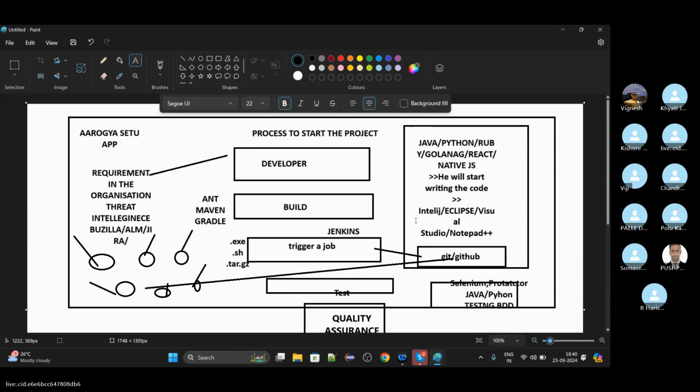Before testing, once he fixes the issue, first he is going to push those changes to Git or GitHub. And here again a point is there. He is going to push whatever changes he did into the developer branch only. What is a branch? What is a repo? It's okay, I know that is not understandable, but you just need to understand that he will push something which is allocated to him only.